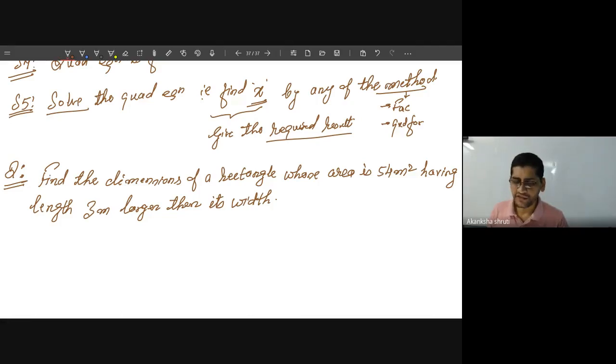In the earlier chapter, linear equation in two variables, we were always getting two linear equations. But here, even if we consider two variables, lastly it will get converted into only one variable with a quadratic equation. So that we will see. Student, what I have told you, you have to apply that one.